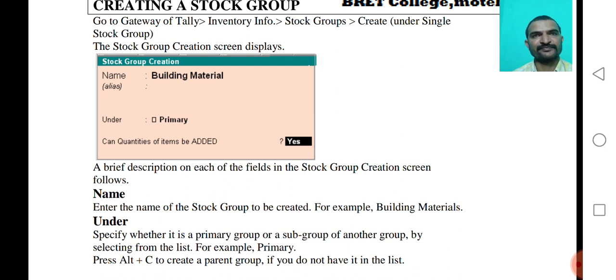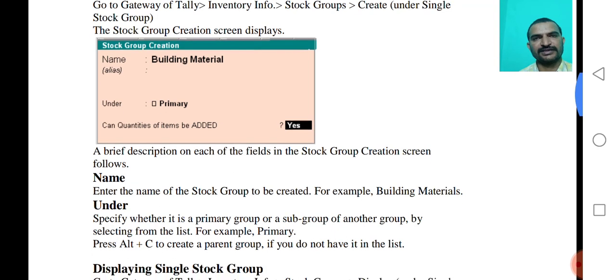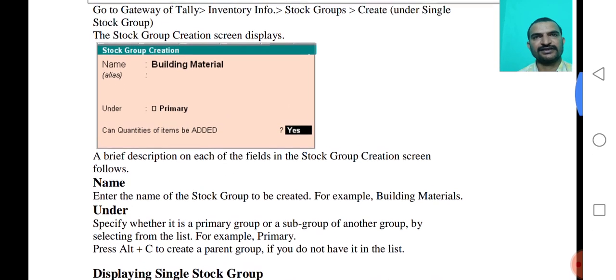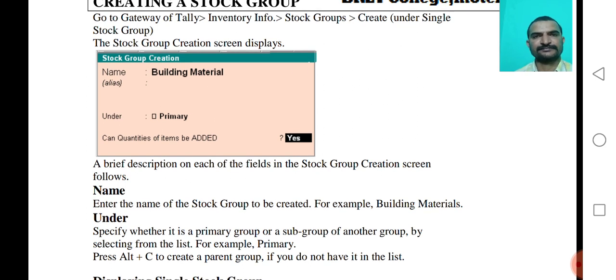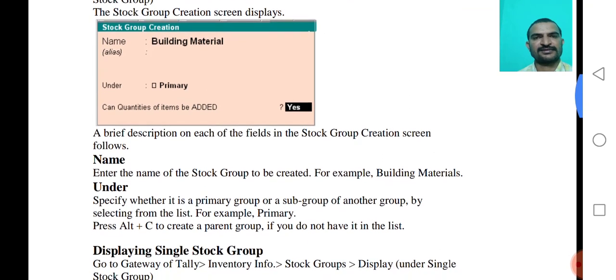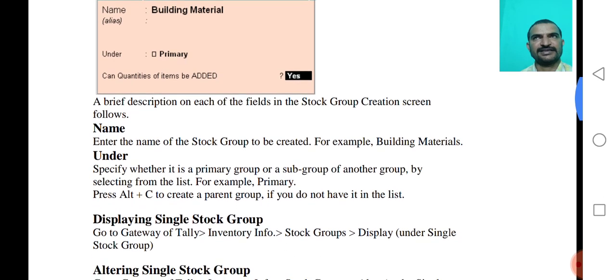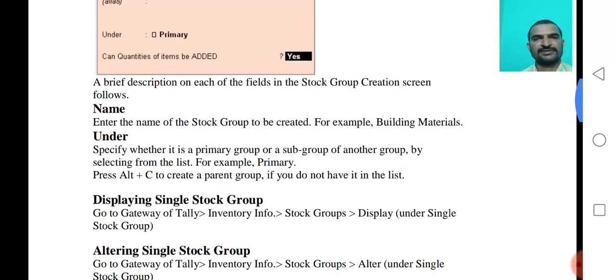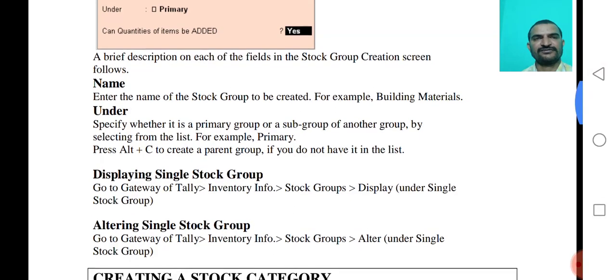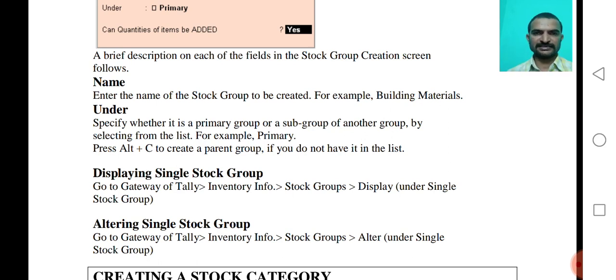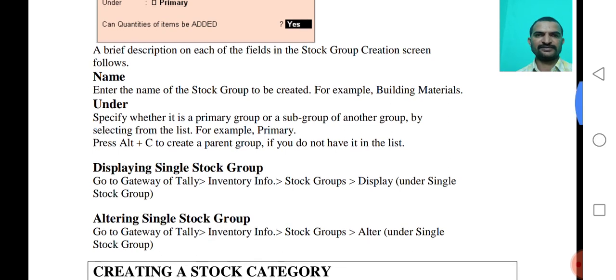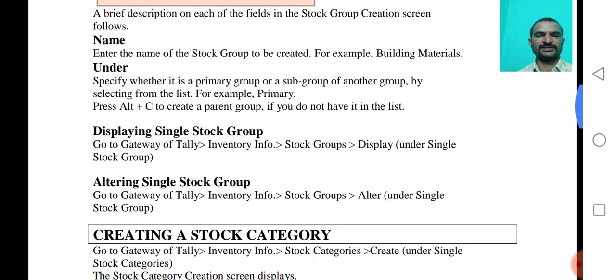Please, with a neat diagram, write down the shortcut key to create a stock group and the specified fields to create a stock group. Okay, so just note this.